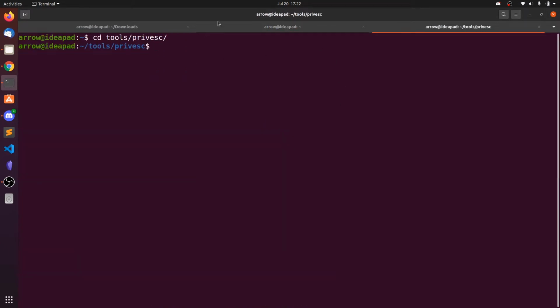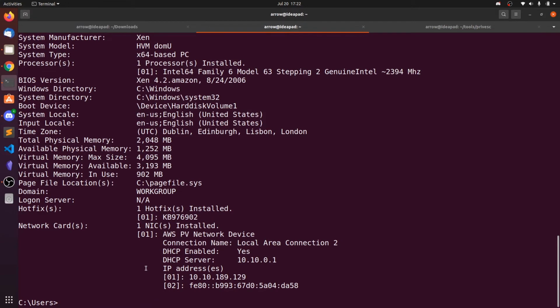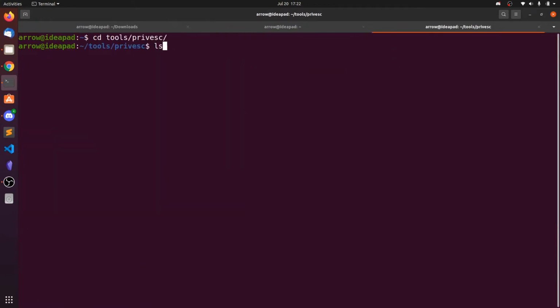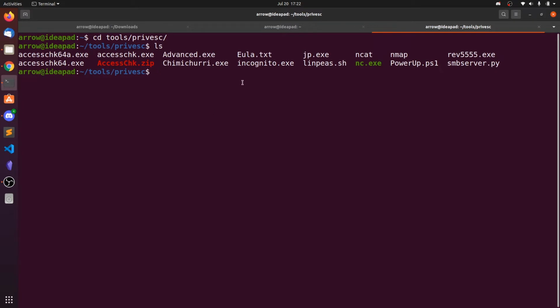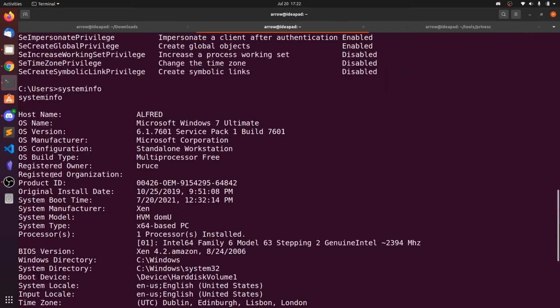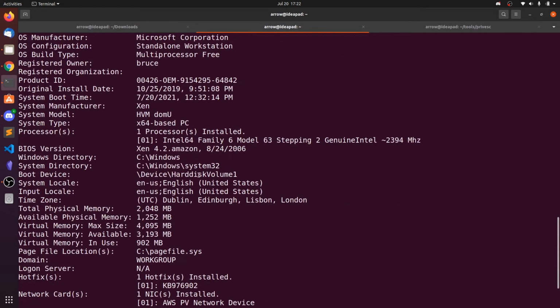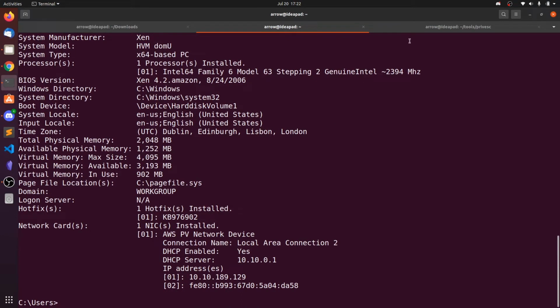So what we are going to do is add another user with administrative privileges. For that we are going to use this Juicy Potato binary. Juicy Potato will take advantage of this SeImpersonate privilege, and with the elevated tokens we can execute the command as SYSTEM.